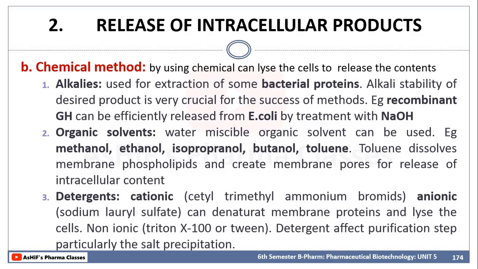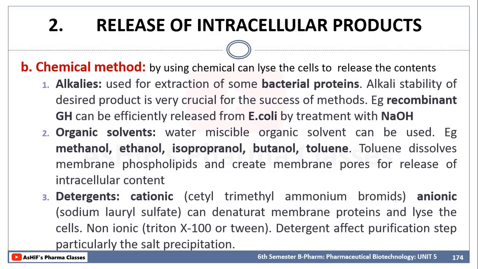So what is recombinant DNA technology? We will isolate a target gene, bind it with a vector, get a recombinant DNA, insert it into a host cell, then replicate this host cell. In order to replicate the host cell containing the recombinant DNA, we can use the same fermenter. If E. coli is being cultured, we will culture the E. coli, and if it is for a large scale, we have to go for fermentation or a fermenter. Okay, so the first one is alkali, which is mainly used for extraction of bacterial protein,